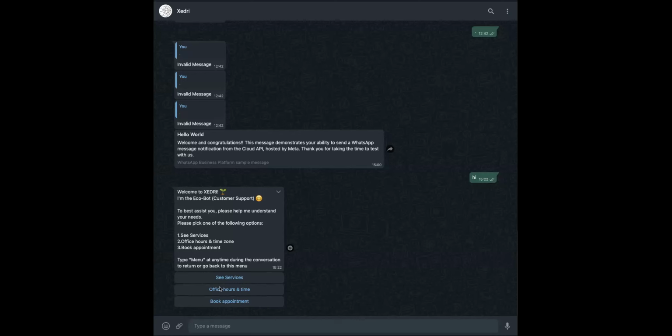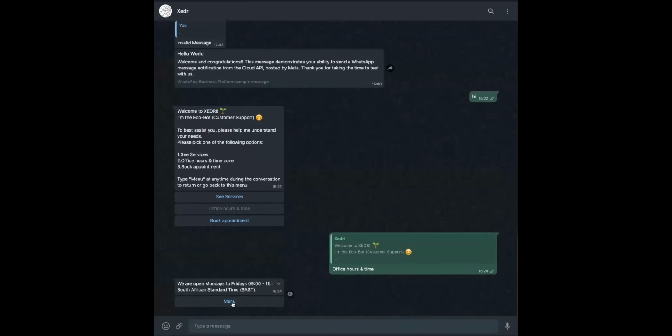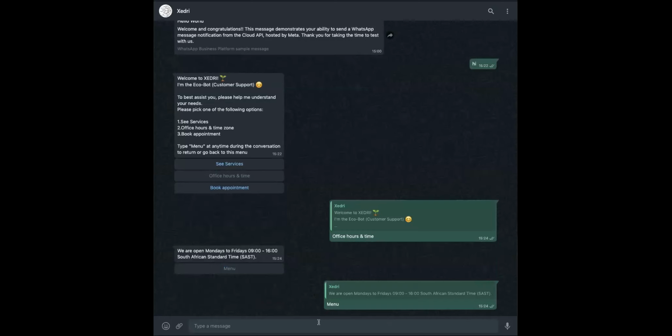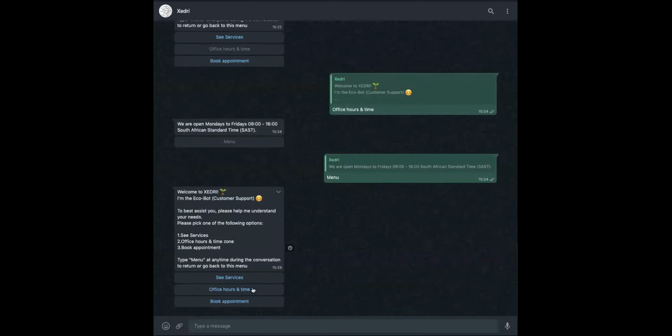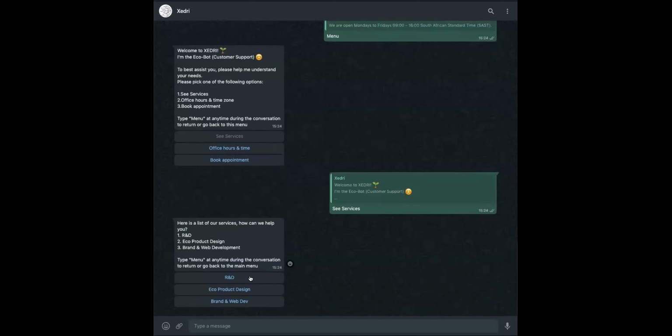So let's say, for example, I'm choosing office hours and time. You'll see that it will just give the basics, and it will then refer me back to the main menu. I'll get the main menu back again, and then I'll be able to be like, okay, maybe let me see what's happening here. I'm going to choose services, and it's going to show me a list of the services. So I'm going to choose, let's say, R&D,